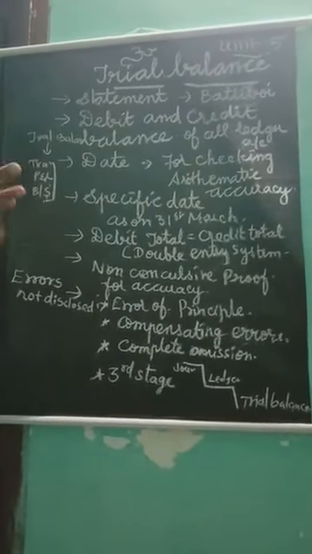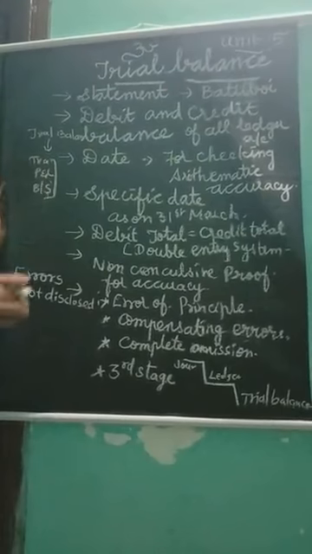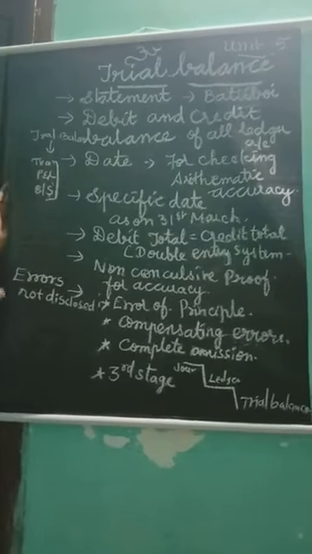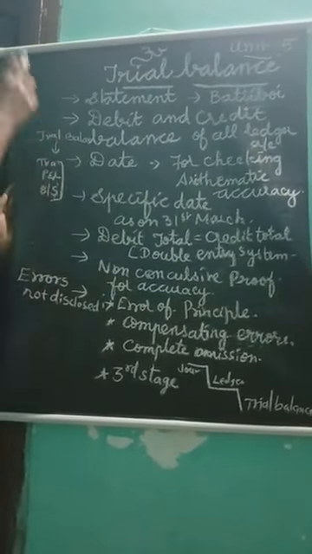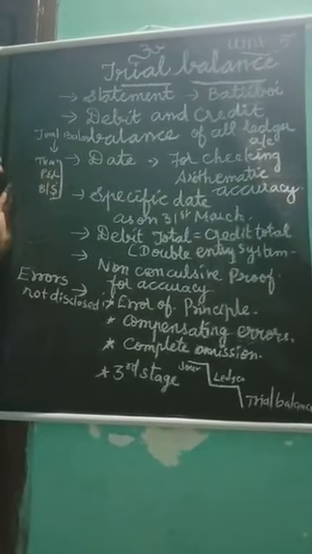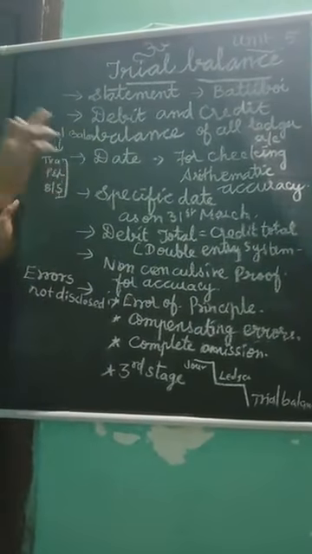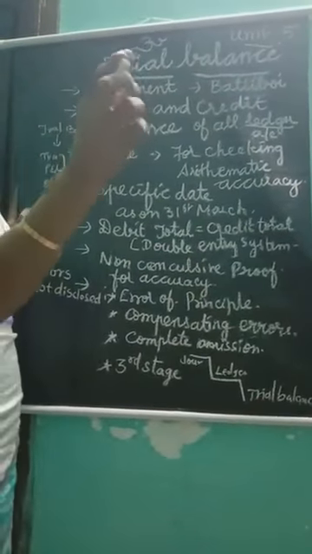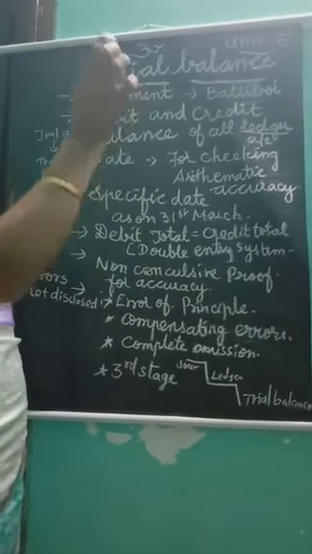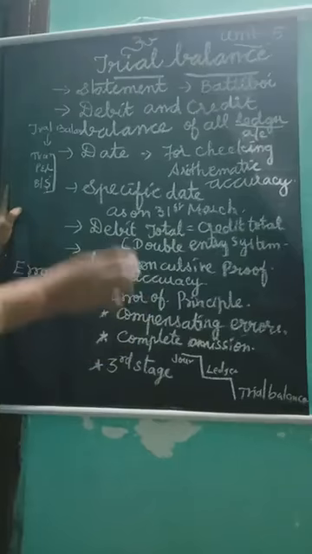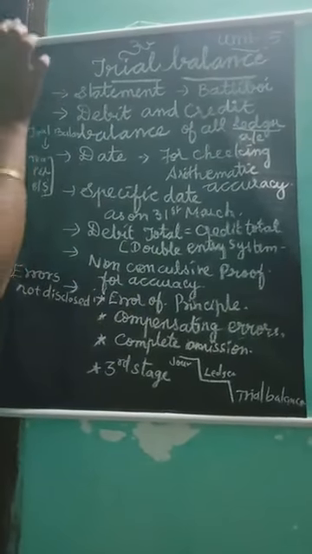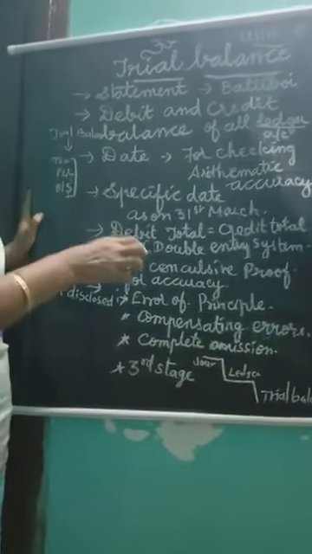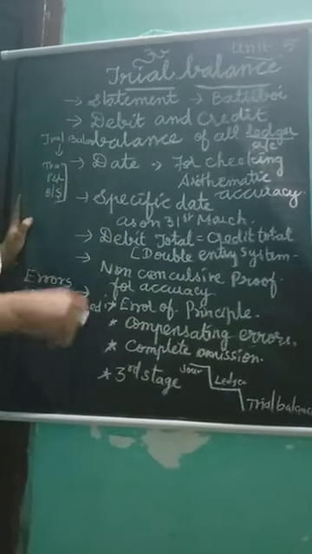So today's topic is trial balance. What is trial balance? Trial balance is a statement containing total debit and credit balances, all the ledger account balances only we are going to write. Ledger account in the sense cash account. What is the balance? I have told you. Often I will specify the balance amount, and throughout all the 11 sums I have specified the balance. This is a balance amount, this is a total amount. Why do I say this often? Because you should be well versed in this chapter.